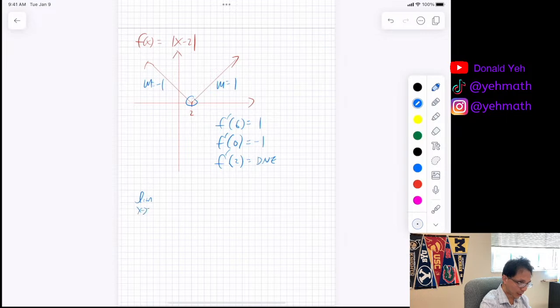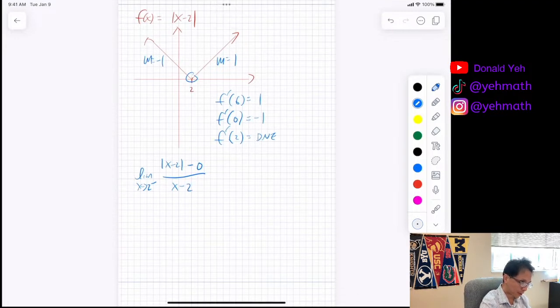So I'm going to say the limit as x approaches 2 from the left of absolute value of x minus 2, minus, if I plug in 2, it's going to be 0, over x minus 2. With that being said, you say, oh, okay, well, that's just 0 over 0. Well, limit as x approaches 2 from the left, I'm going to use this, and then that will cancel out. That's going to give you -1. That actually shows you that you can take a derivative of an absolute value function. But from the left, it's going to be -1. From the right,